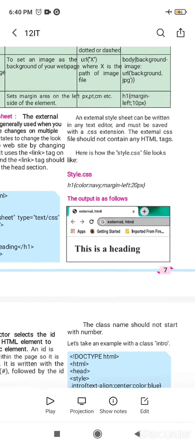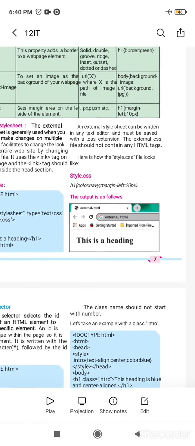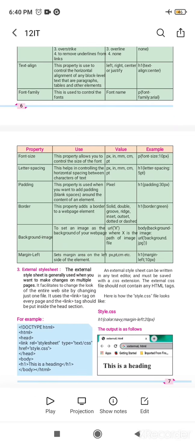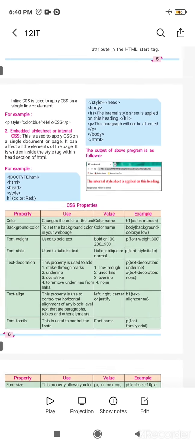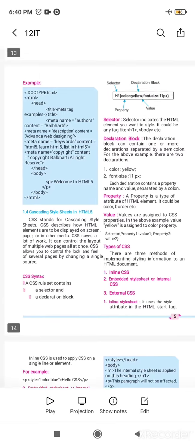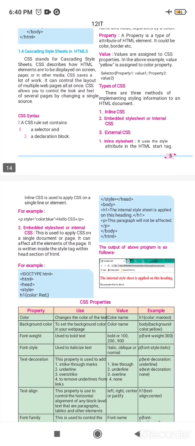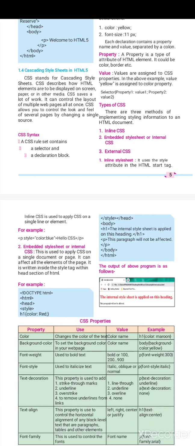So these are the styles. While it holds multiple properties also, we have just seen one or two properties in internal, in inline, as well as in external also. So multiple properties are there.